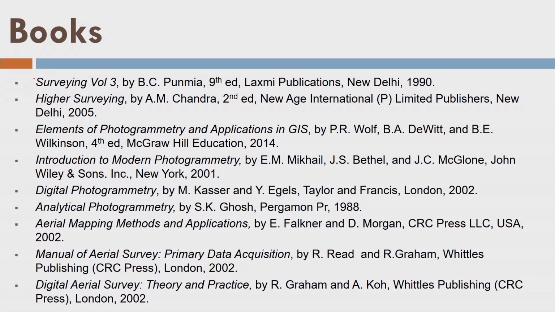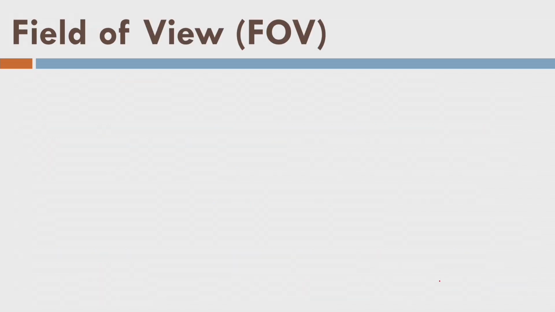We will not go into bifurcation further, but we will try to understand the small nitty-gritties of these aspects today. Also, we are going to understand technically how we can make a map using these photographs, especially the vertical photograph and tilted photograph. So let us go ahead. These are the books. The first 3 books are sufficient for this lecture.